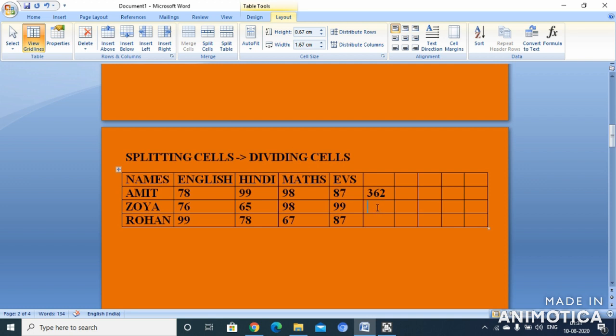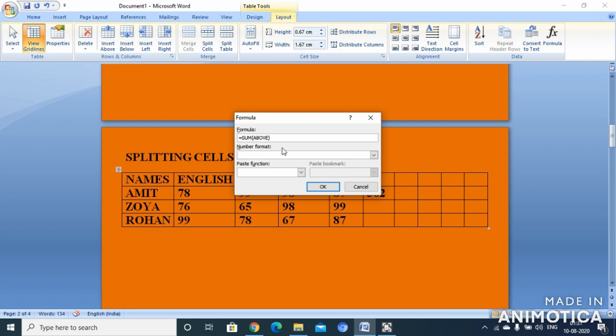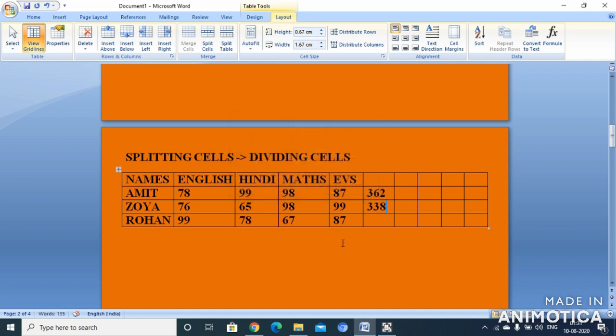Come to the next cell. Again move to the data group and click on the formula option. And see, here it is written above. So clean it, and write here left. Delete the text and write here left. Okay. Bring the cursor outside before clicking OK. Click on OK. And now see, you can see the calculation is done.